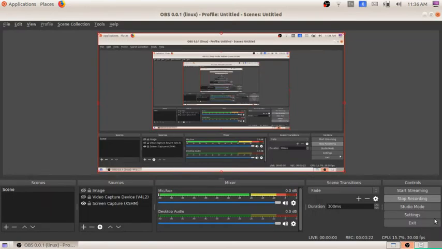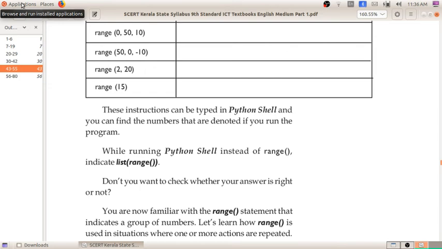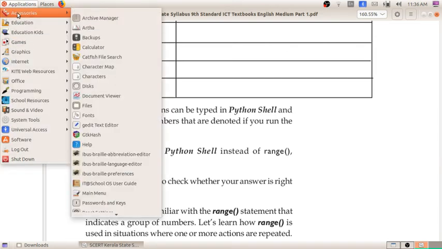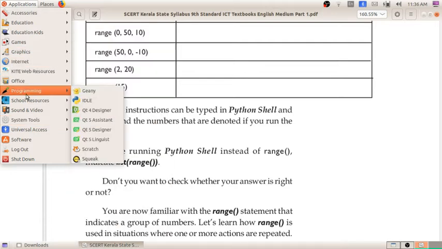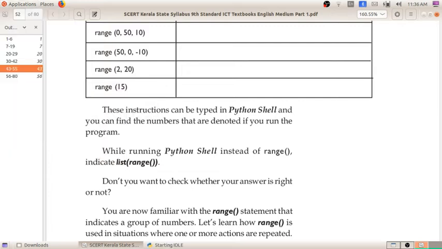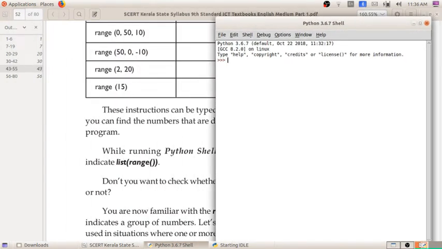So here we will see how we can use the range. For that I am going to the application, programming, IDLE. This is our Python shell. Here the command for getting the range is list of range.